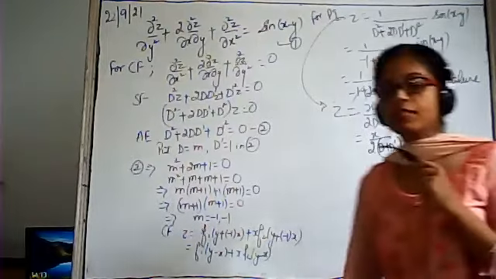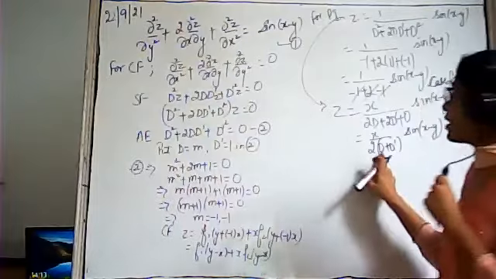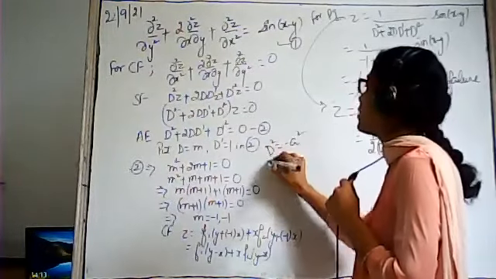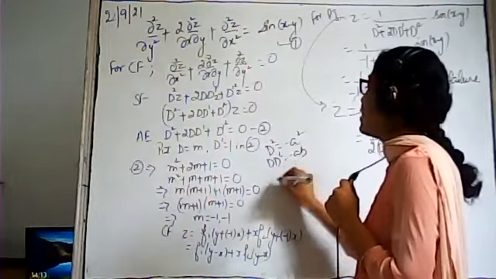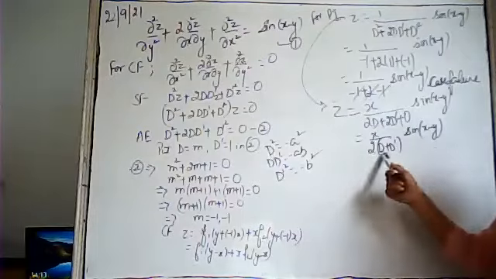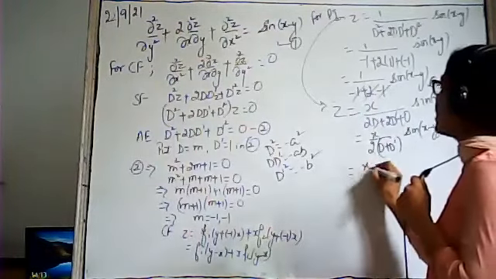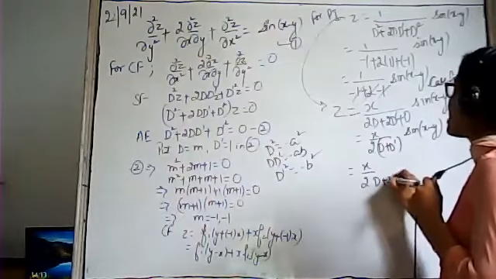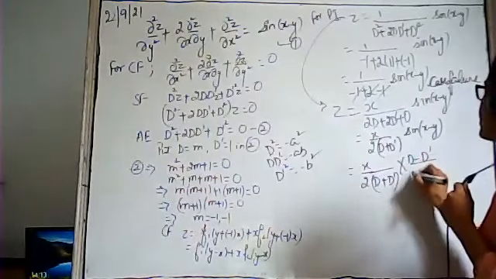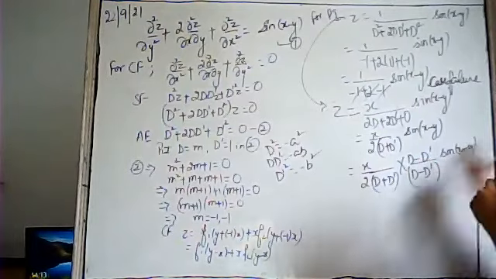See, in the case of sine ax plus by or cos ax plus by, we don't have any value for d and d dash. We can substitute d square with minus a square, d d dash with minus ab, and d dash square with minus b square. We don't have any value for single d or single d dash. If we get such type of term, in that case, just rationalize the term: d plus d dash, multiply by d minus d dash divided by d minus d dash, into sine of x minus y.